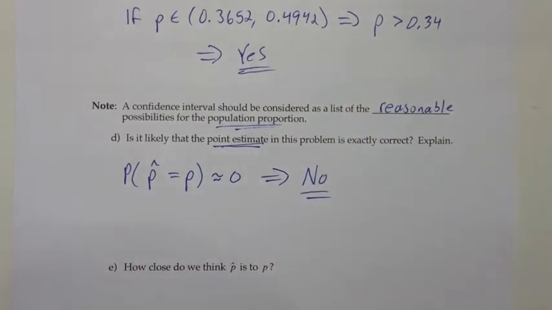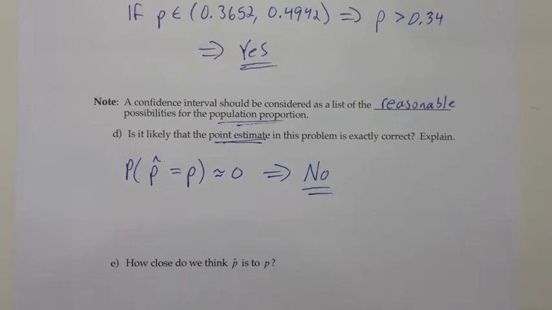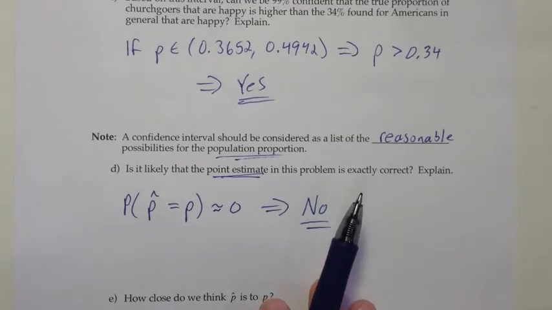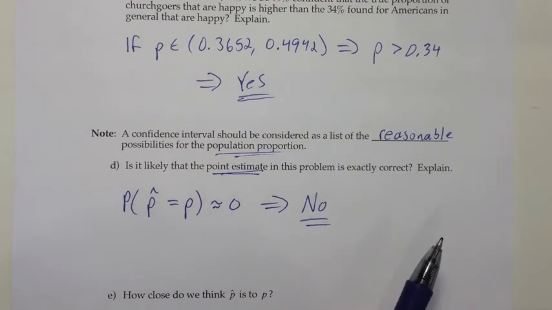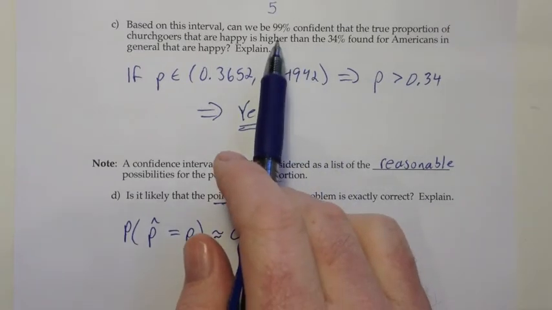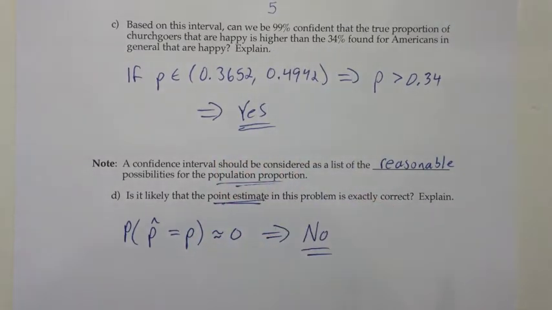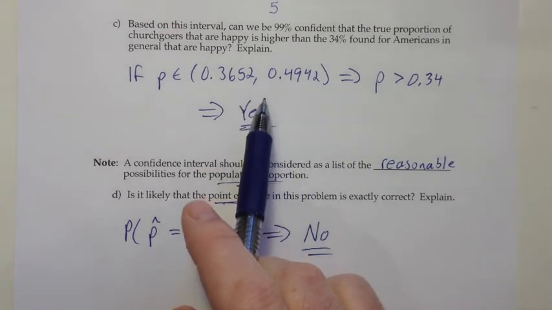So the interesting thing about that is we're doing these confidence intervals, but we have to keep in mind that when you think about just the point estimate by itself, there's basically no chance you have the right answer. When we go to the interval, then we think that we do have the right answer. So how are we going from no chance of having the right answer to being 99% confident that we have the right answer? And the explanation for that is when we do it this way, we've given ourselves some room